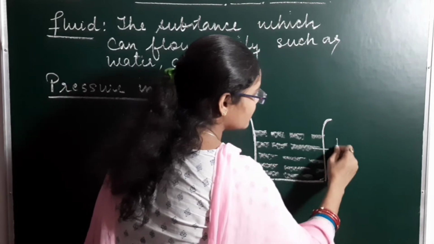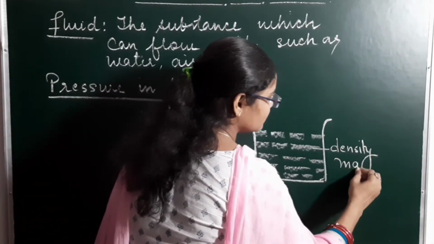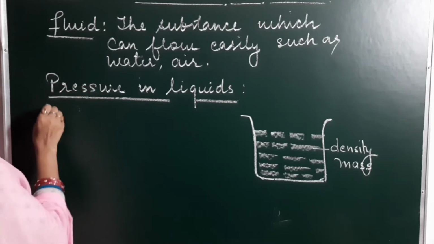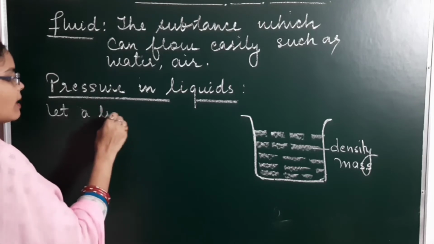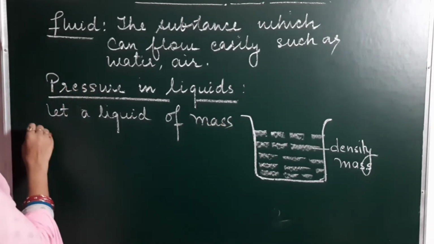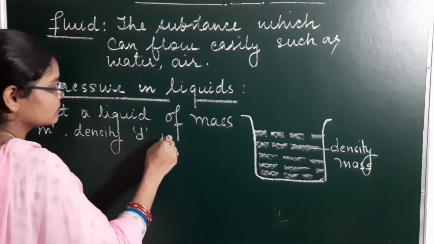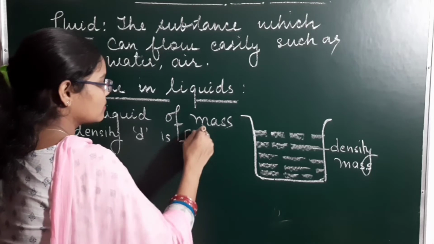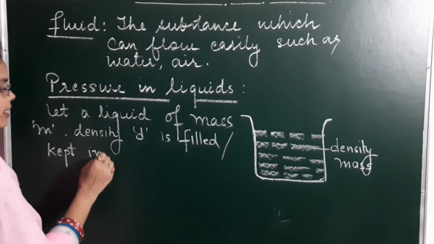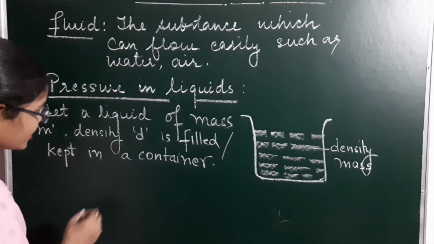Suppose the density of the liquid is D, mass of the liquid is M. So let liquid of mass M, density D, be filled or kept in a container. Then the pressure, we know that